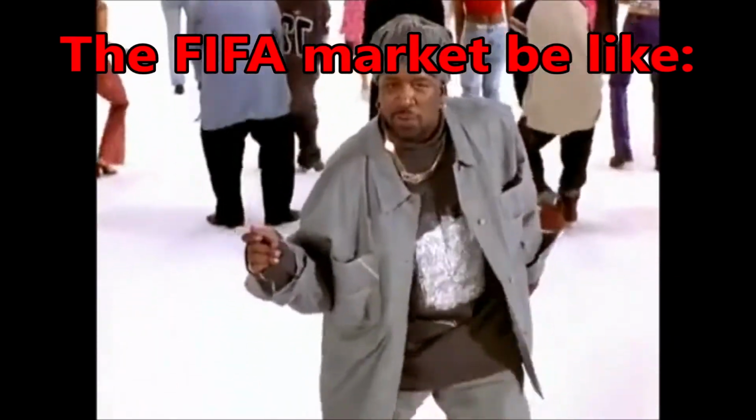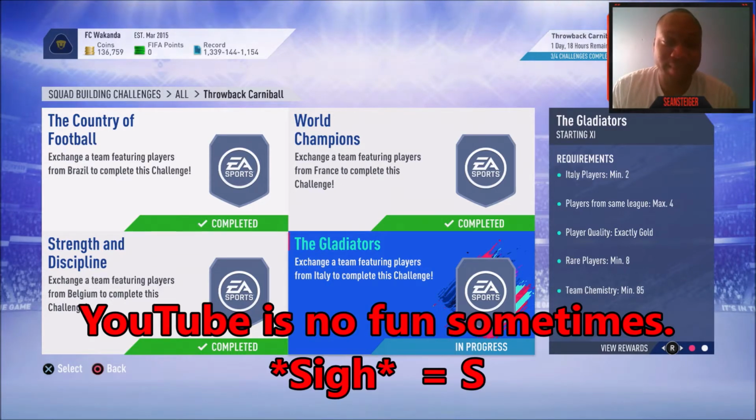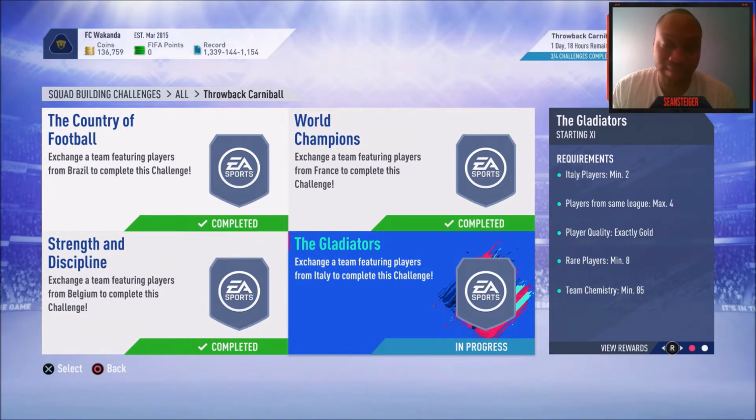How low can you go? Can you go down low? I thought the market couldn't get any lower than it was yesterday. But boy, was I wrong, man. They put out some crazy new SBCs, and the pack weight, I think they might have turned it up even higher because people are packing so many ridiculous cards that aren't even selling for the minimum buy it now price,